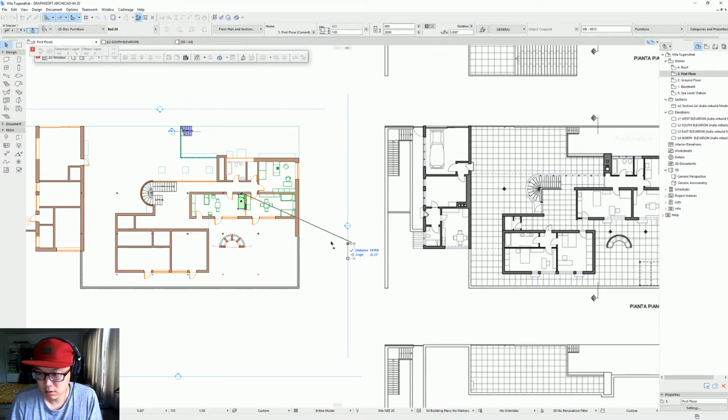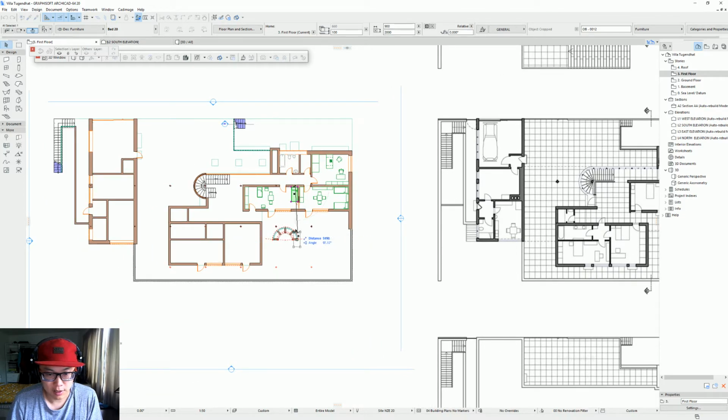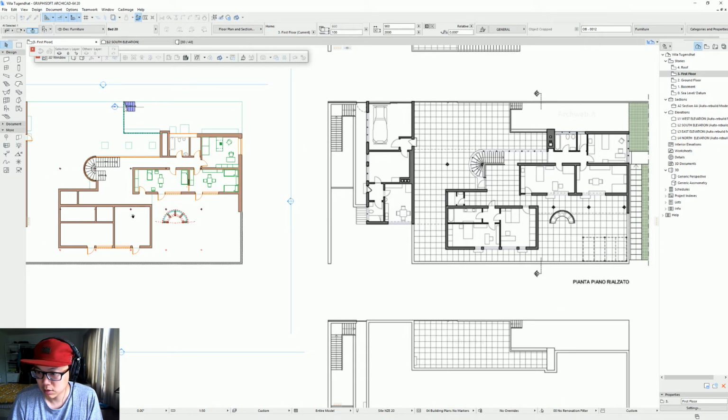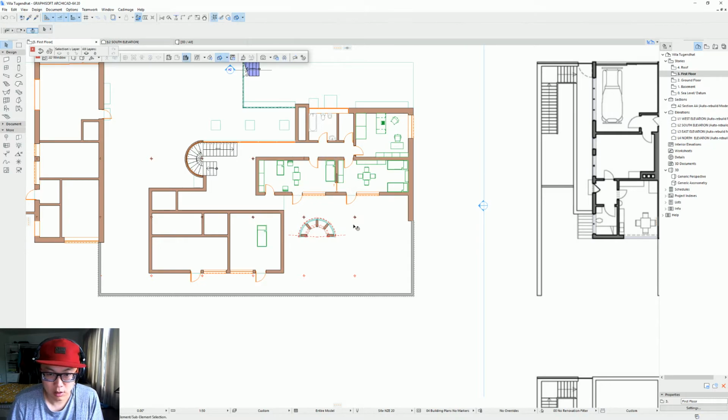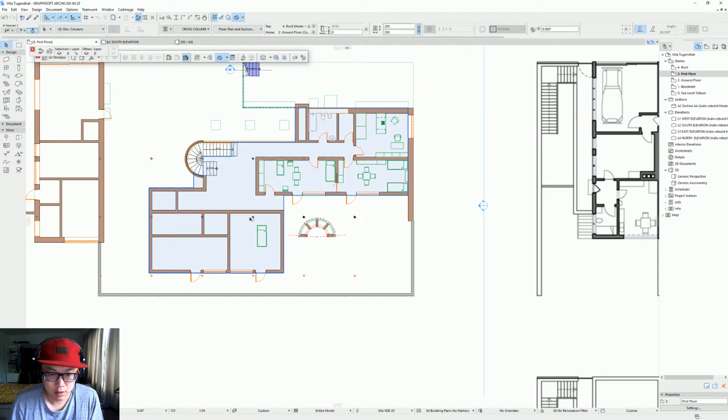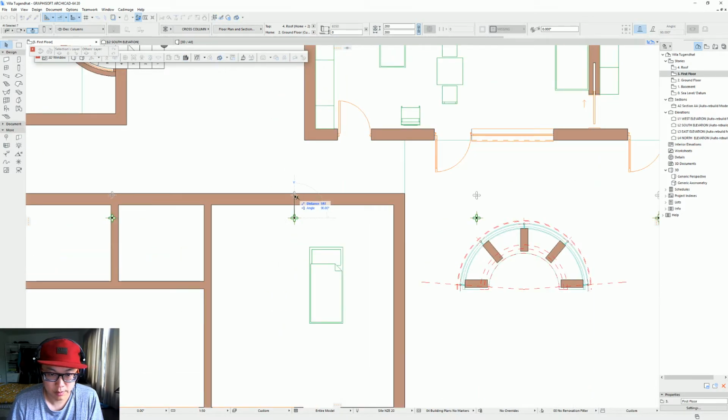I guess I need to move those posts so that they're inside the wall. Okay, let's take those ones here, and I'm gonna shift them inside. 150,